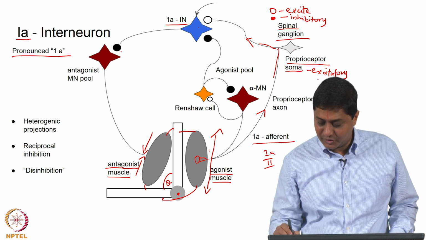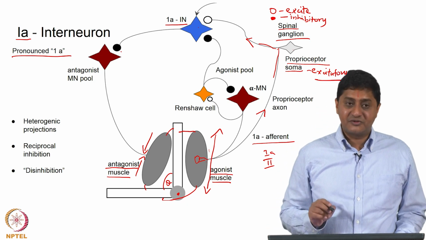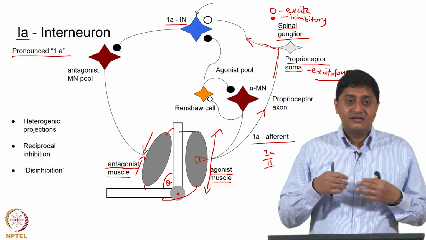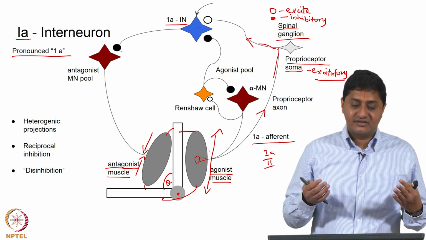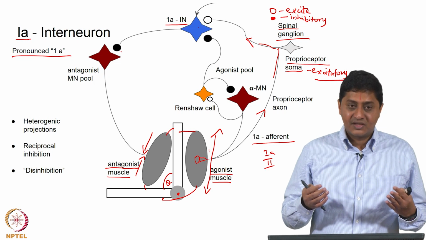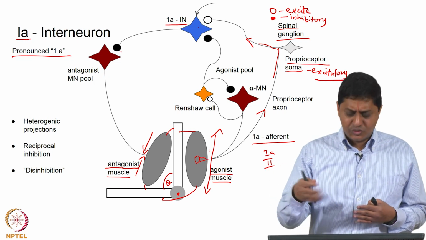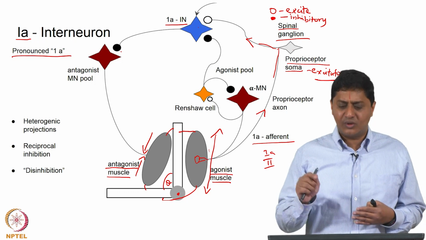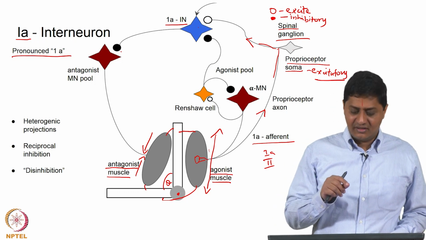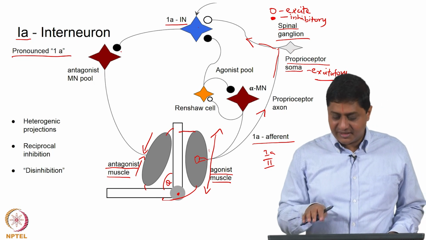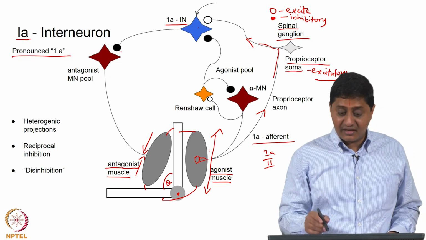This is always excitatory. The information from the proprioceptor neuron is always excitatory. As the length increases, the excitation amount is going to increase, the rate of firing is going to increase. This is true for all proprioceptor neurons. In this case, this is 1A afferent. This is true of 2 afferents, this is true of 1B. What is 1B? 1B is the afferent associated with Golgi tendon organs, a different case, does not matter. All the proprioceptor neurons are excitatory.